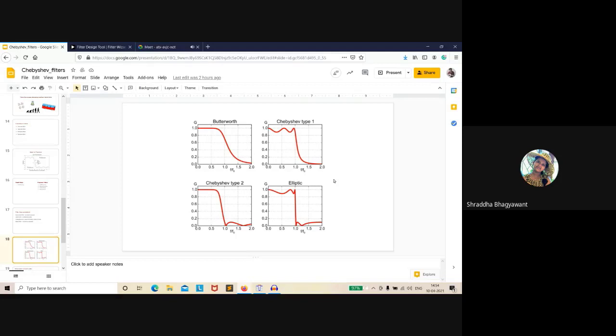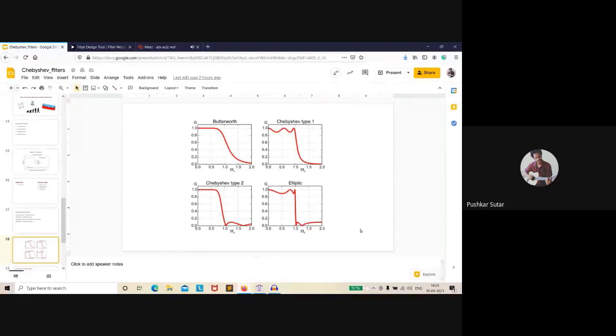Transition width is not there. Yes. You're right about the transition part. Transition is very sharp. This is what I mean by sharp as a whip. You can see here how it falls almost vertically down to the stop band level. Correct. So this is the advantage of the elliptic filter approximation. It has the best kind of roll off rate. Its transition is very fast, but the disadvantage that it offers is that there is ripple on both sides of the graph, pass band and stop band both.